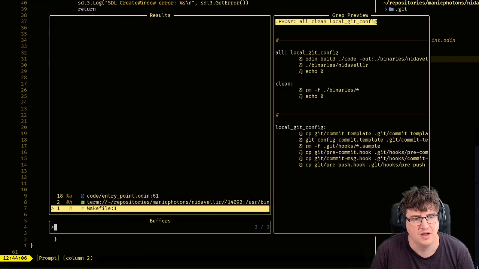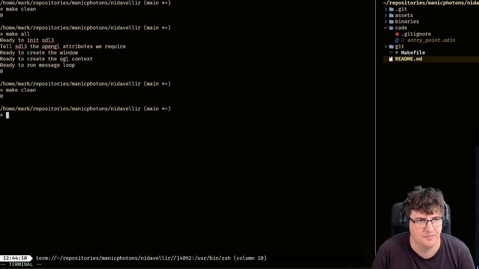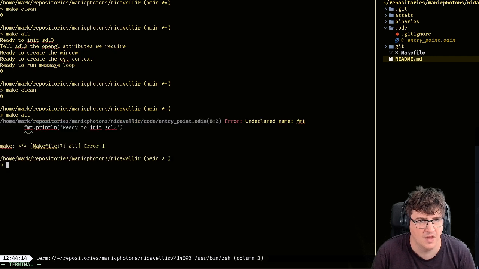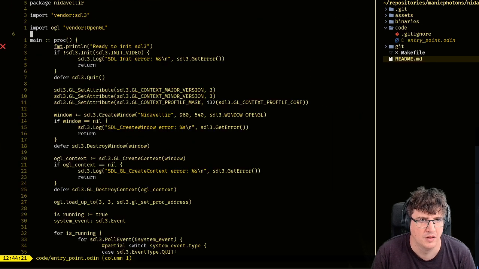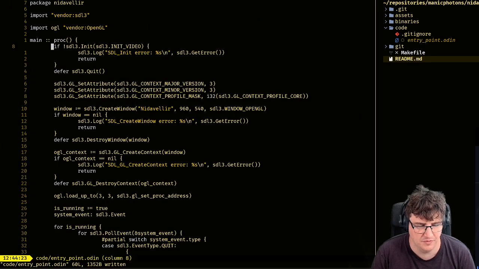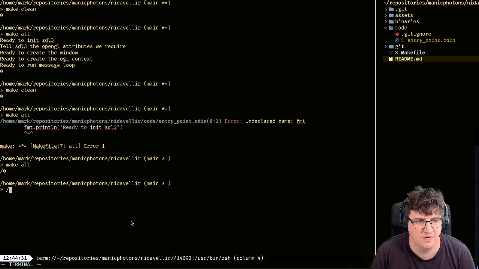Right, let's check that our terminal is still happy. Oh, I missed one, right at the start. Let's read the first line of the function. Fine.